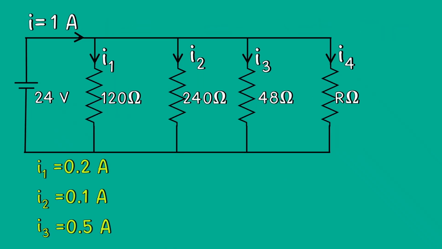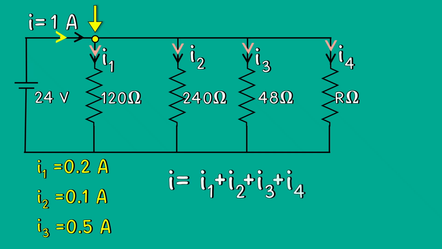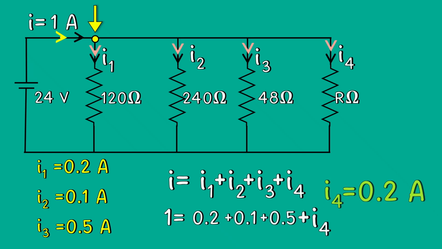Now that we know I1, I2 and I3, we can apply Kirchhoff's current law, KCL, at this node to find I4. The incoming current is I and the outgoing currents are I1, I2, I3 and I4. So, I is equal to I1 plus I2 plus I3 plus I4. Substituting the known values, 1 is equal to 0.2 plus 0.1 plus 0.5 plus I4, which gives I4 is equal